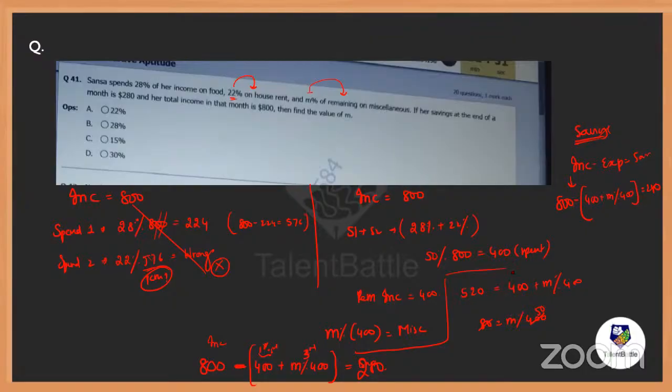Acha, correct. This 400 I have missed. So 520 minus 400 is not 80, it is 120. 120 is equal to m percentage of 400. Right, everybody? So two zeros get cancelled. 4 ones are 4, 4 threes are 12, so 4 30s are 120. So m is equal to how much, everybody? m is equal to 30, which says m percentage is option D, 30%.